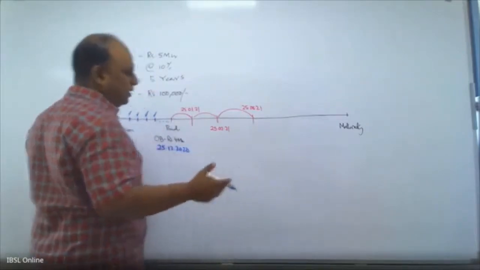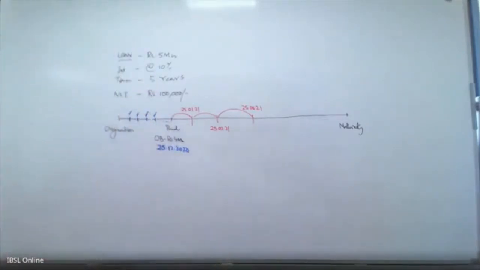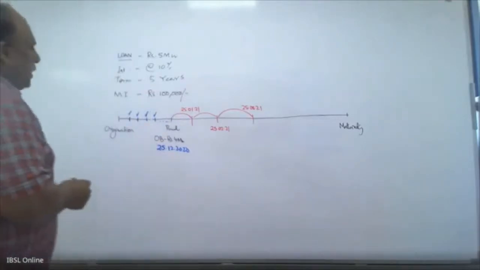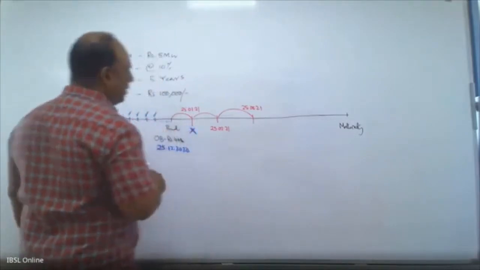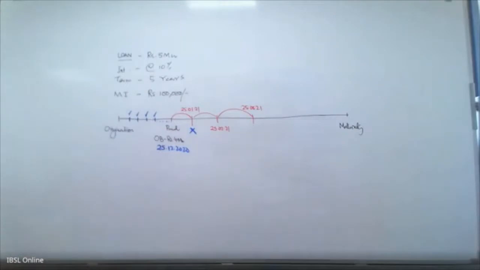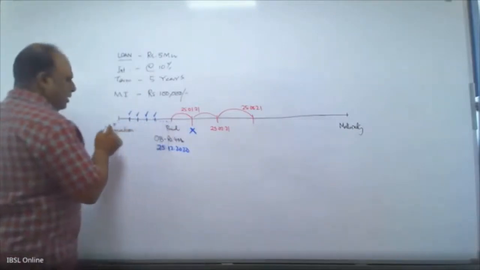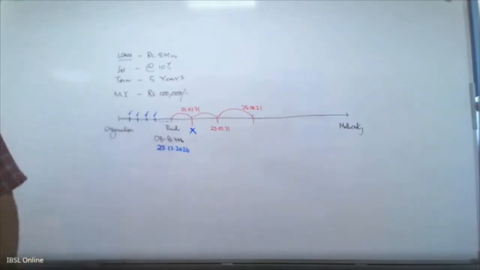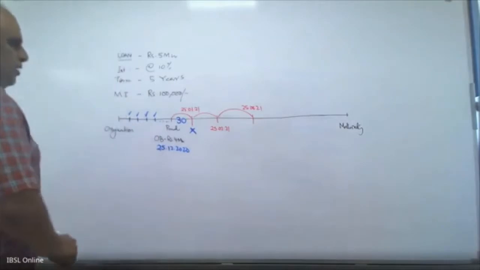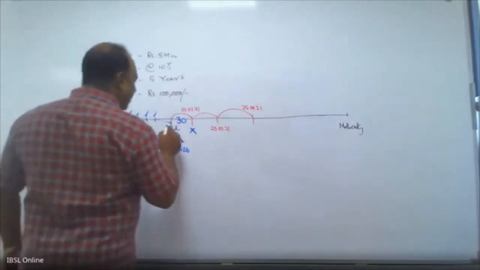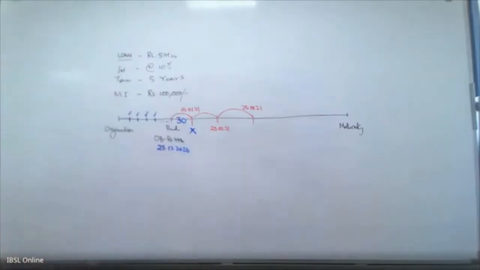Everybody knows that it is under COVID and there are so many other issues. So now the customer didn't pay the installment. But all this time he was paying, so we don't have an issue. We don't have a doubt on the customer thinking that he will not pay. What do you mean by this? When he has not paid, it means 30 days have gone. From the last payment up to 30 days he has not paid.